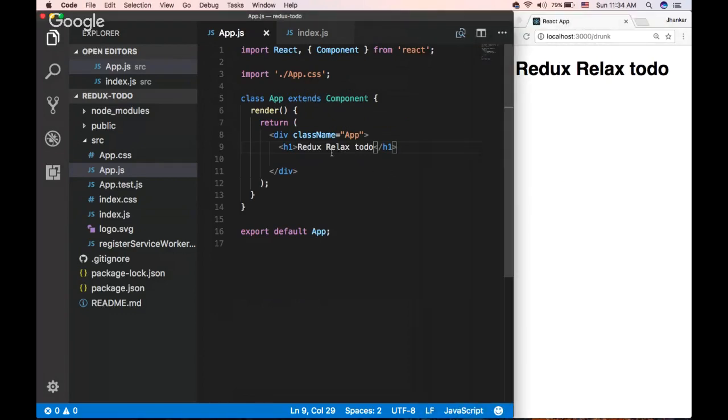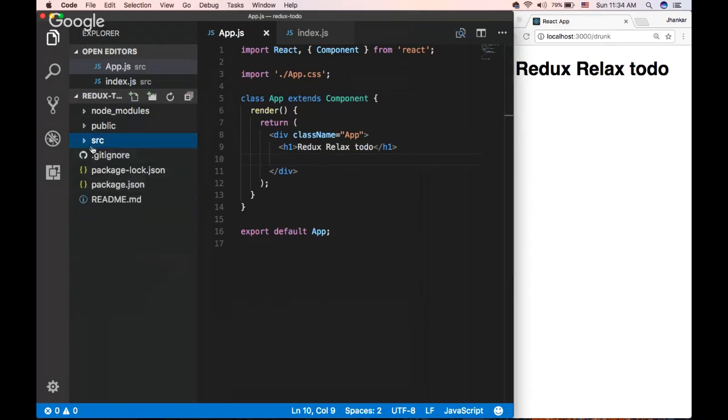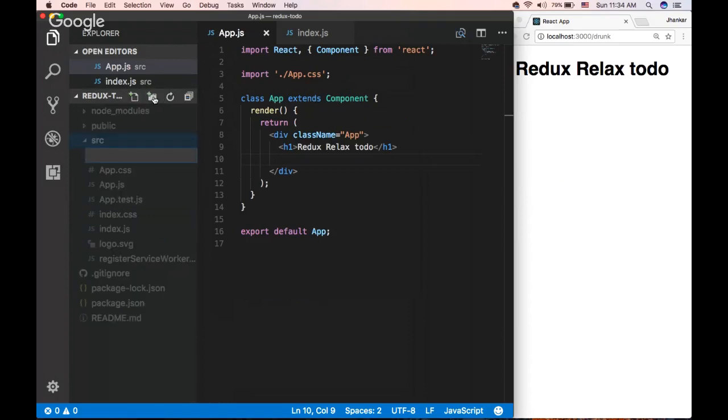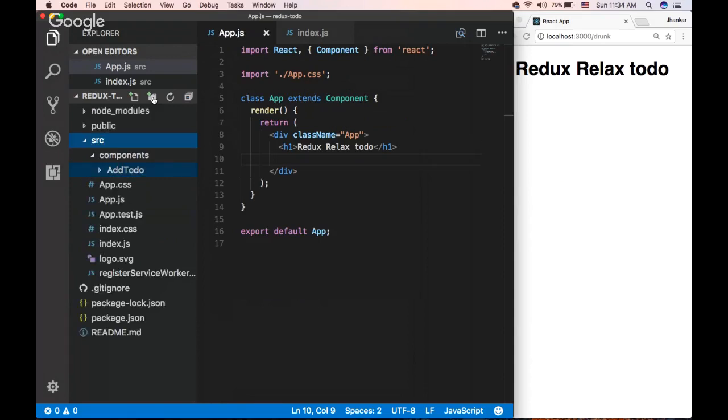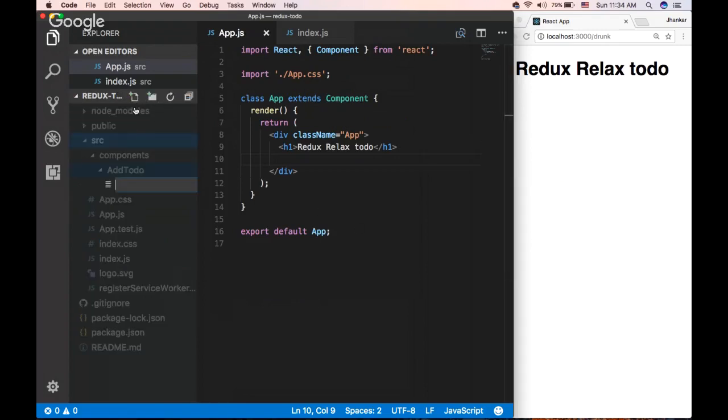And then what I can do is create a component. The way we create a component: inside the src tab, if I want to create a folder, I can click on this and create a components folder. And inside components, I will create a component and give it the name AddTodo. The way I would like to have it is that you will have an input box where you type something, and a button to add those todos. And we will create this inside AddTodo